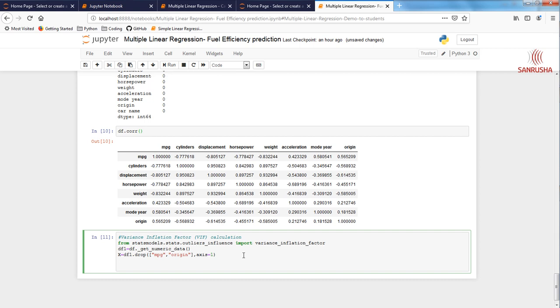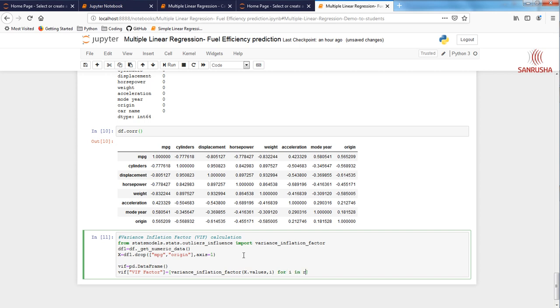Now comes the fun part, the variance inflation factor VIF part. First thing we're going to do is create an instance of the data frame class, pd.DataFrame over here, and then VIF factor equals, we are going to call that function variance inflation factor and pass the x values. We need to pass each x value one at a time, and that's why we will run a for loop kind of thing here.